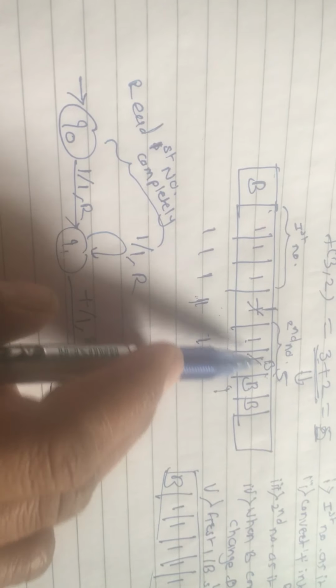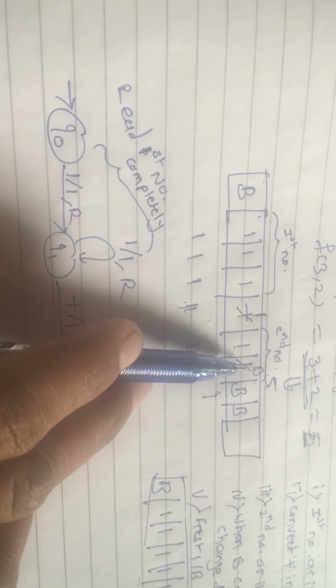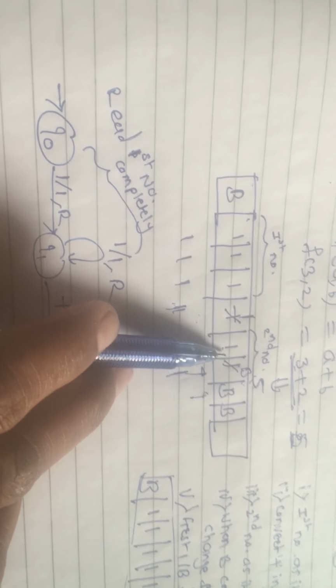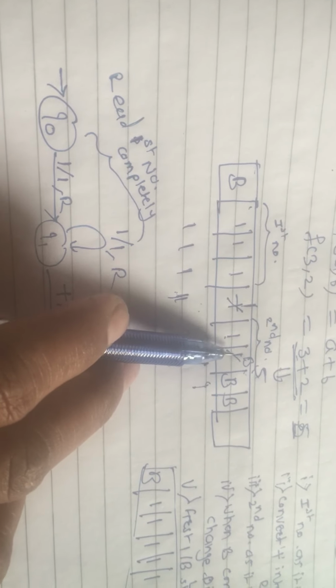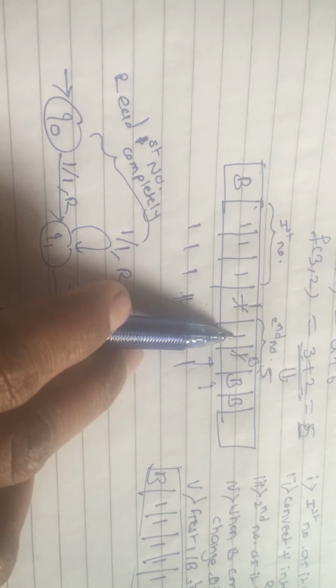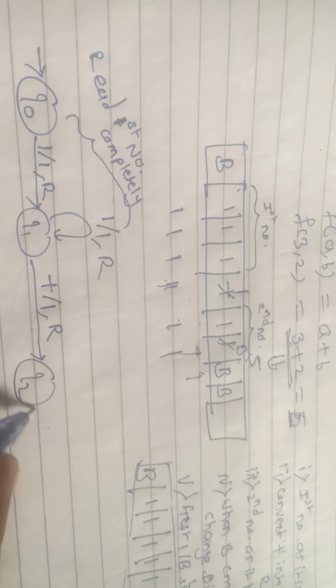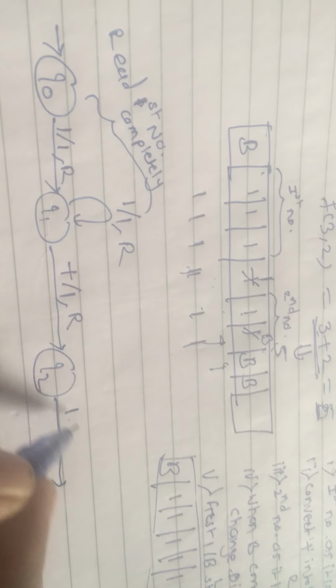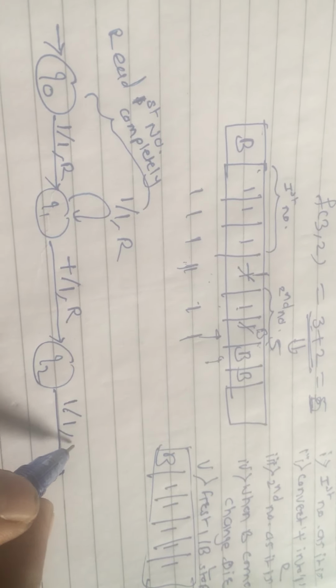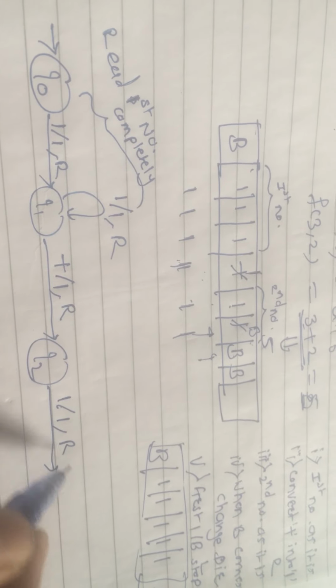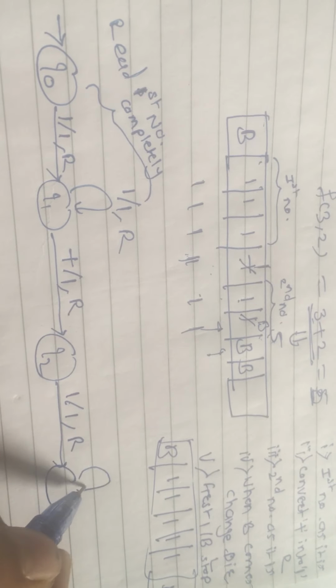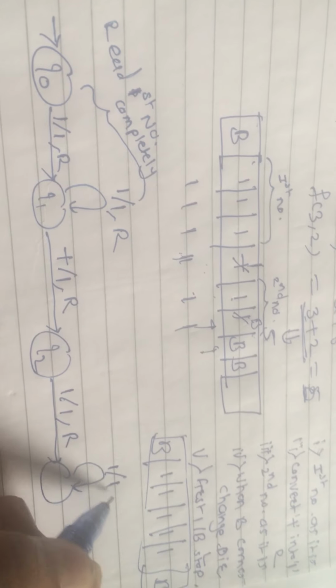Now we want to keep reading the second number. Okay, this 1 we have to convert into B, so can we do that as it is? No, so first we have to identify the last one. So the procedure is read the second number as it is. So at least 1 must be there in the second number. Read it completely. Move towards R. Read the remaining ones of the second number. Move towards the R.